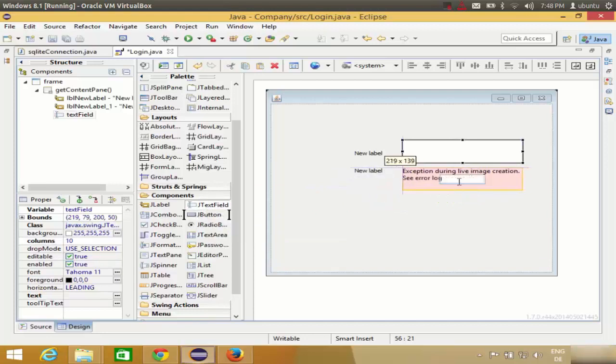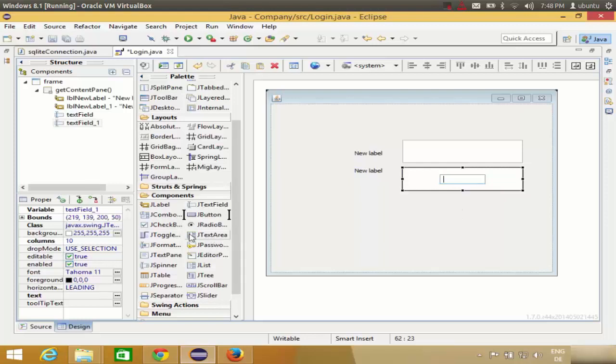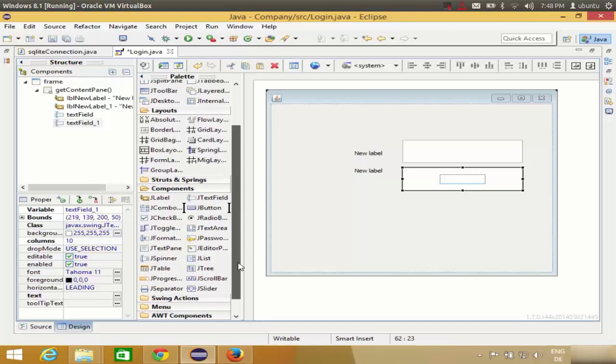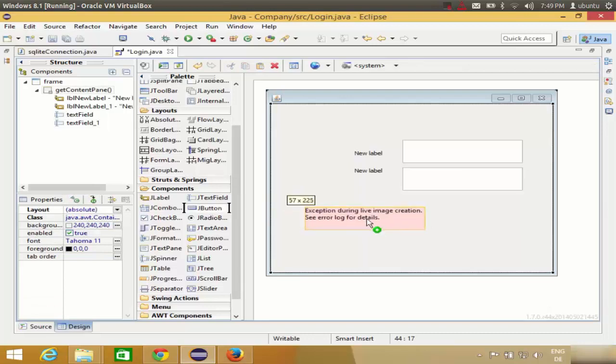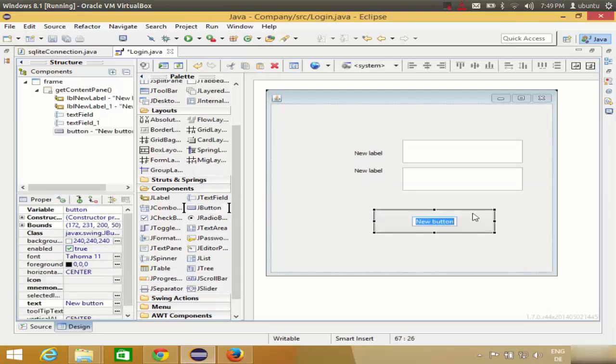So I have two labels and two text boxes, and I will take a button which, whenever the user clicks, he will be able to log in. So take a button, once again take a button here,